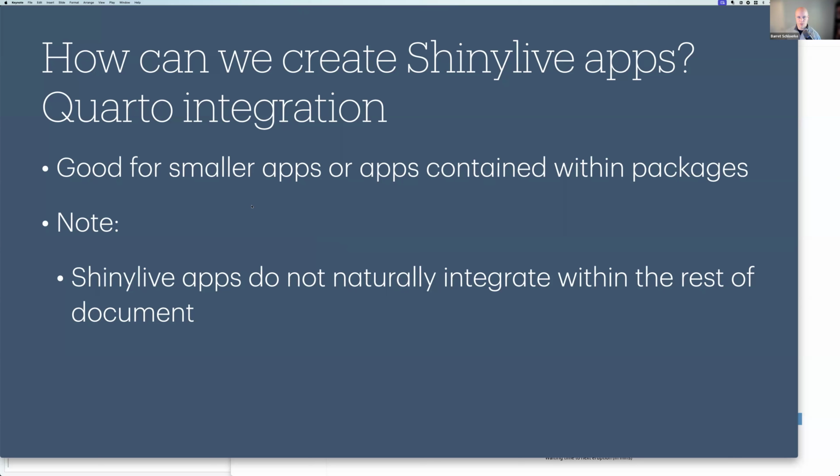Yes. So it's good for like little small apps, but I wouldn't write a 10-page, multi-thousand line app for shinylive inside a Quarto document, unless it's in a package, because then it's no big deal. But writing it right there is a little difficult.